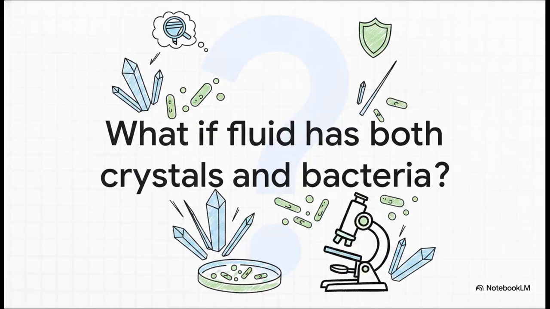I want to wrap up this explainer with a really provocative reminder from the source text. What happens if you look under the microscope? You find those classic needle-shaped crystals of gout, and you just stop your investigation there. Well, you might be making a fatal error. Crystal-induced arthritis and septic arthritis can, and occasionally do, coexist in the exact same joint at the exact same time. Finding crystals absolutely does not give you a free pass to ignore a dangerously high white blood cell count or